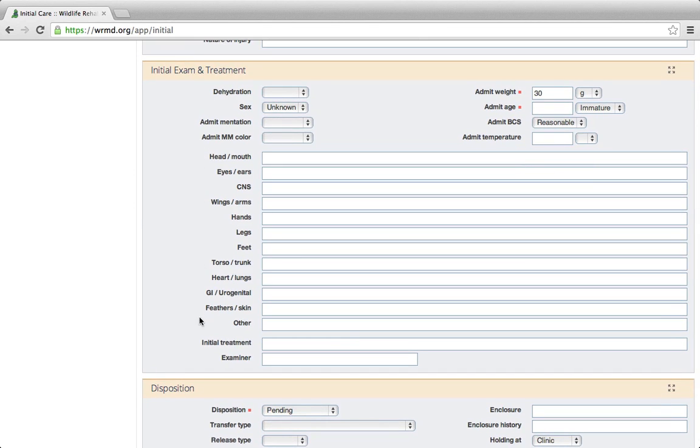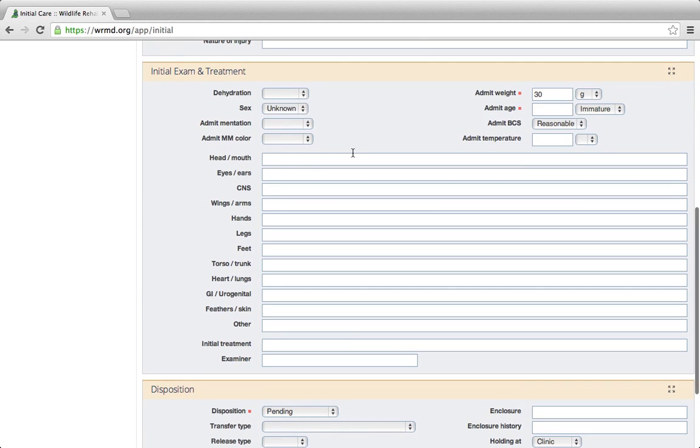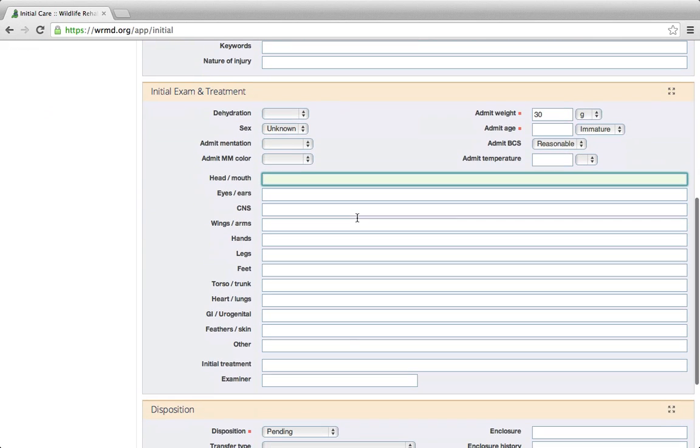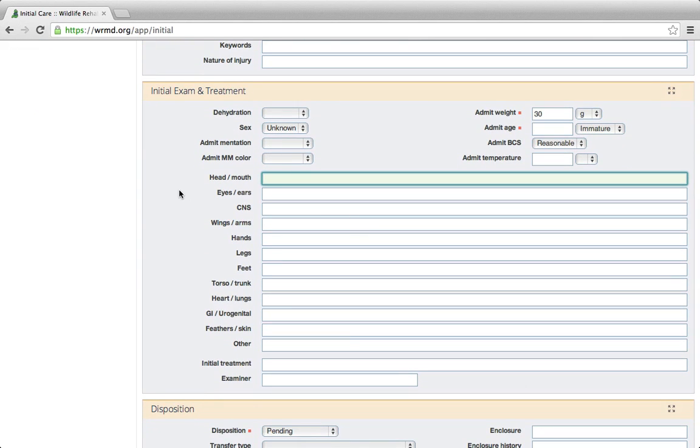Now all these fields down here at the bottom are basically areas for you to describe your exam findings on this dark-eyed junco. So we said earlier that this junco fell from a nest, so let's just unfortunately presume that he has some head trauma. So we could just write in head swelling,